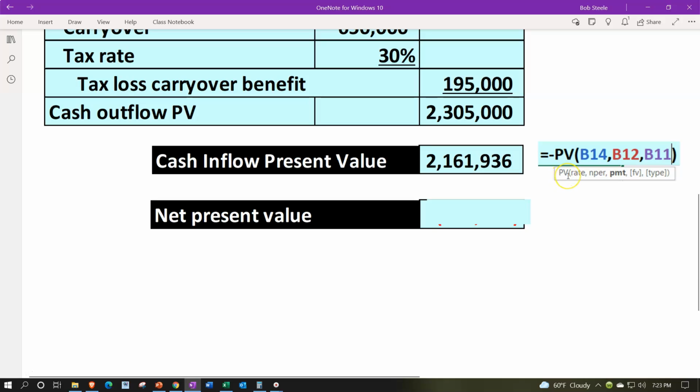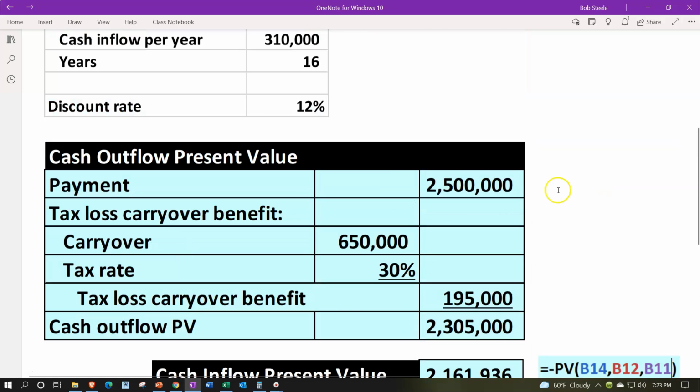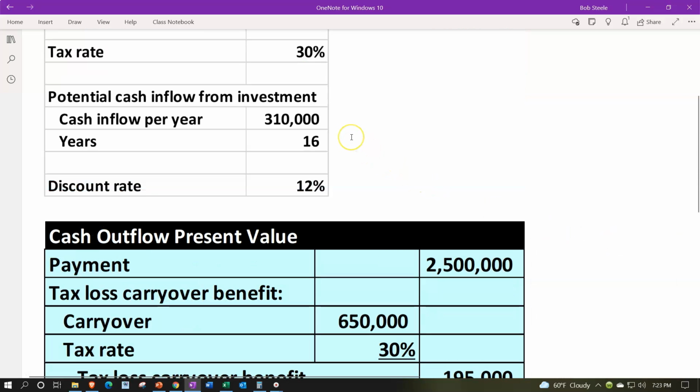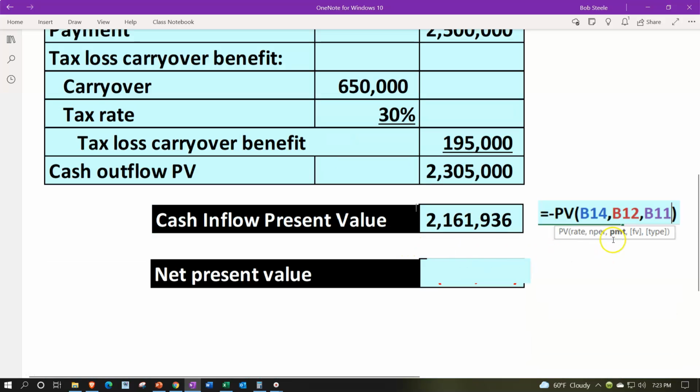The present value of the rate, which would be that 12%, comma, the number of periods would be the 16 years, comma, the payment would then be the amount that we're expecting to get each year, the 310,000, and that would be it. There would be no future value because this is not a present value of 1. We're using the payment calculation because it is an annuity. So this would be the inflow that we're expecting,